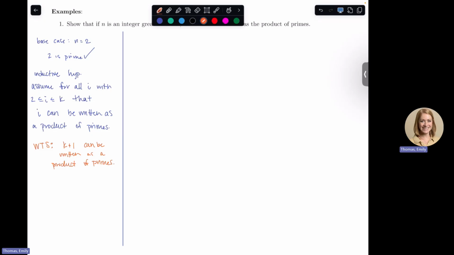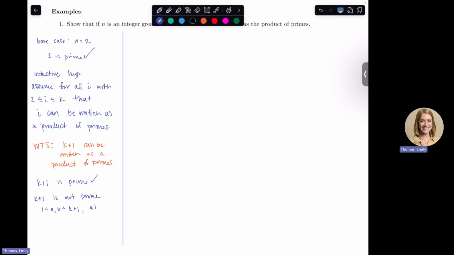So k plus 1, if it's prime, we're done. If k plus 1 is not prime, then there are a and b with 1 less than a, b less than k plus 1,